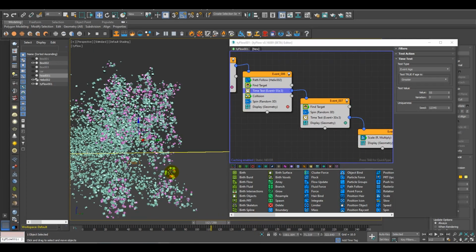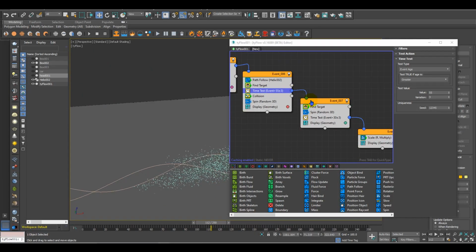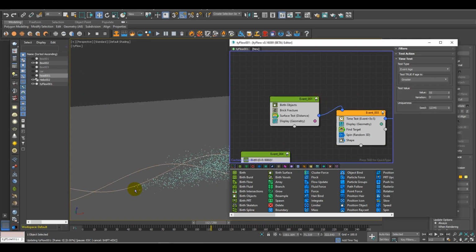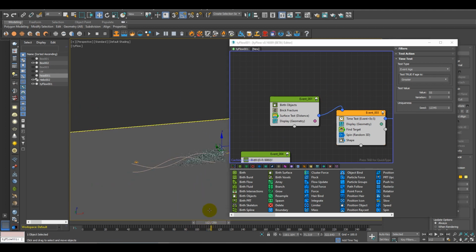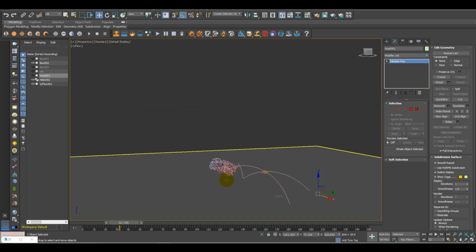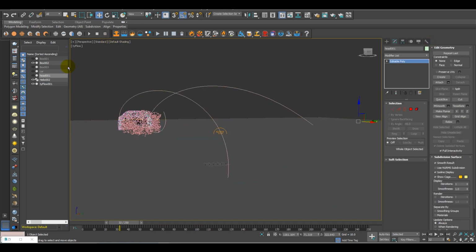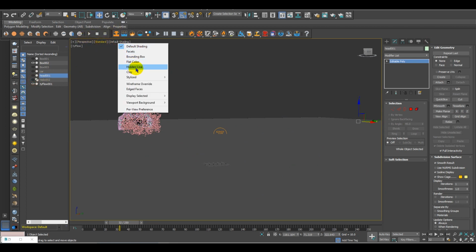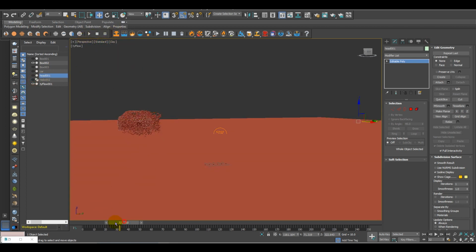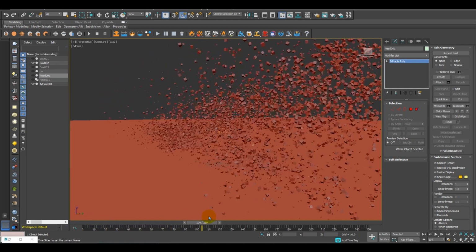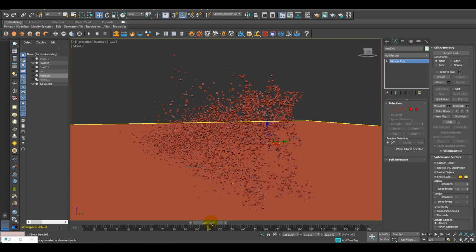So here we go. Let's also activate this event and let's see what we have created till now. Hide the helix splines and change it to clay, and let's see what we have. Here we have this.